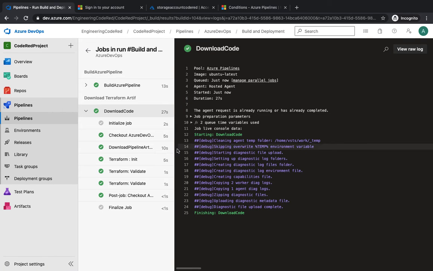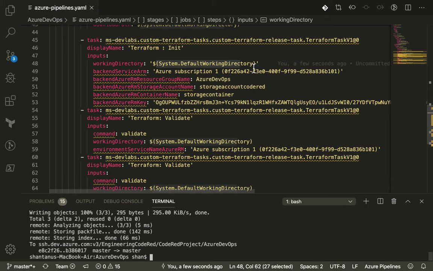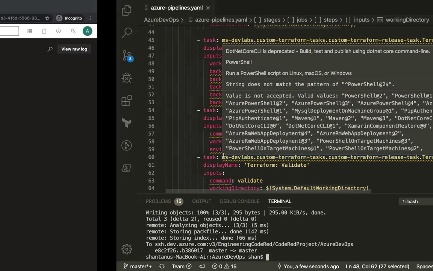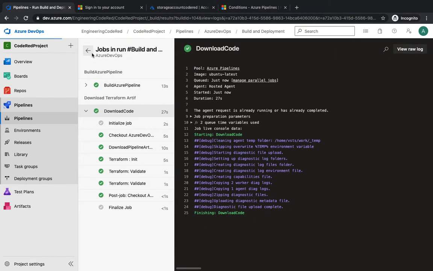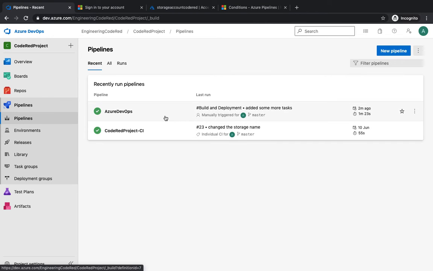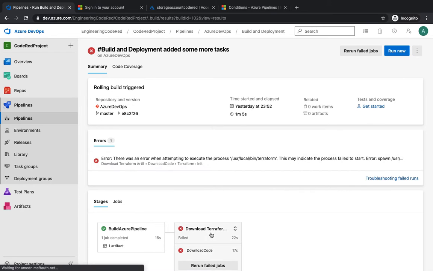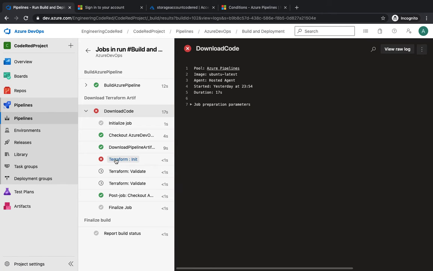Alright, so the initialization and the plan and validate is successful. The error was primarily because of the working directory right over here. You would have noticed that when we had a typo or when one of the tasks failed, Azure pipeline did not execute the next set of tasks, which means if init failed, it didn't even go to the validate